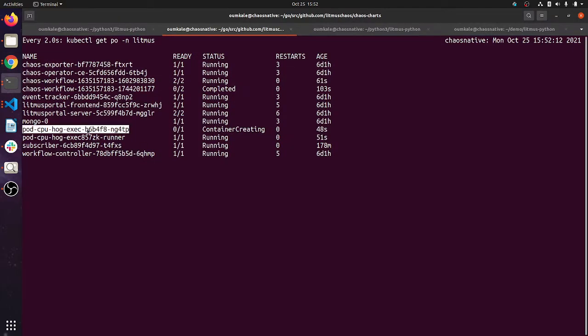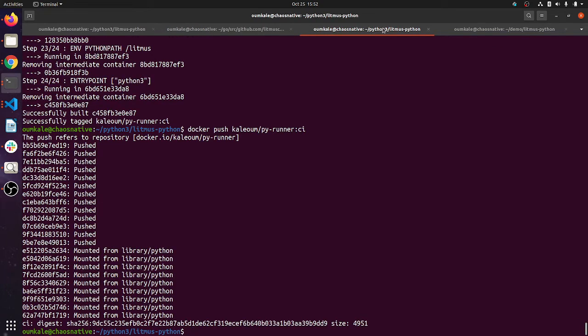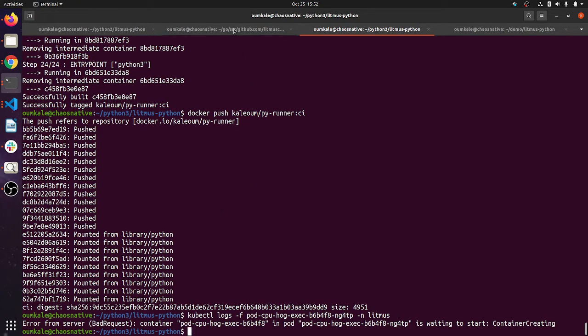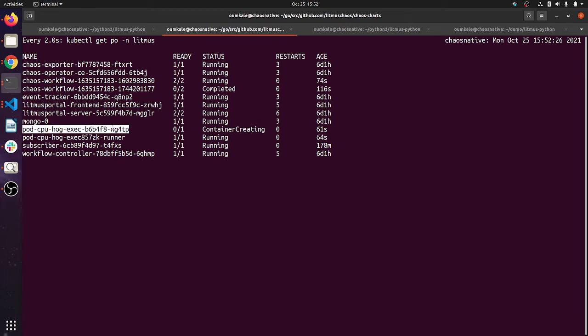So we can see that Chaos executes. Let's have a look. Let's wait some more time. The Python image is a little bit big, so it is taking some more time to pull it.